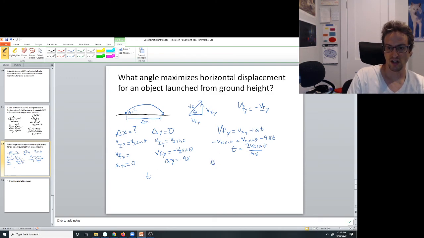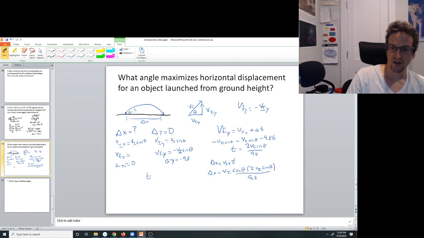So I can get change in x equals v initial x times time. V initial cosine theta times 2 v initial sine theta all over